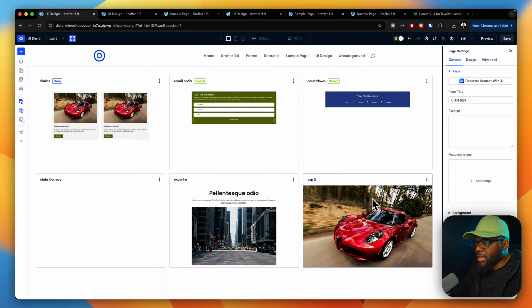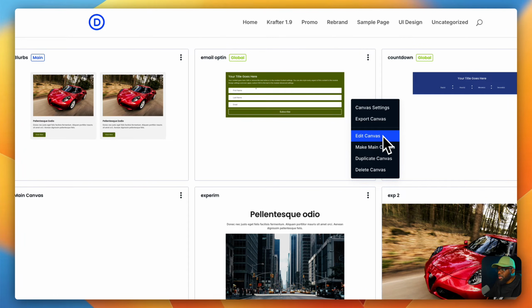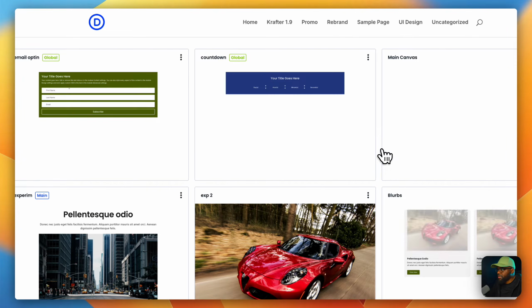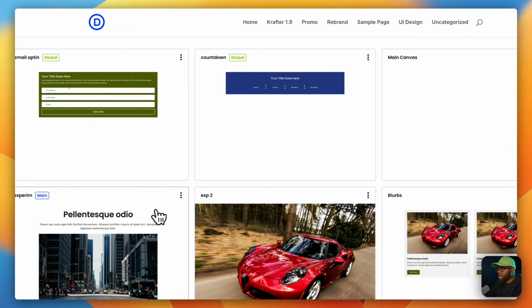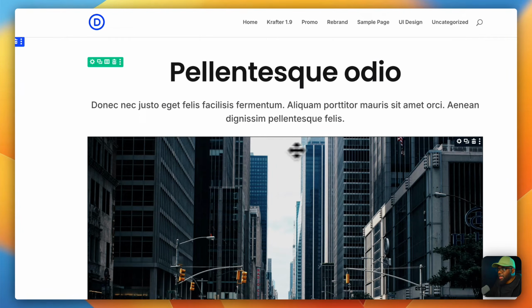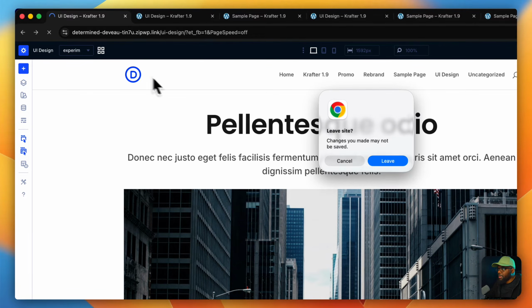So as I'm looking at this, I'm thinking, okay, you know what? Maybe I like this one here. So that's going to be my main page. So what happens to this one now, right? So first of all, let's assign this to the main. So I'm going to say make main canvas, okay? So this one now has become my main design. But remember,